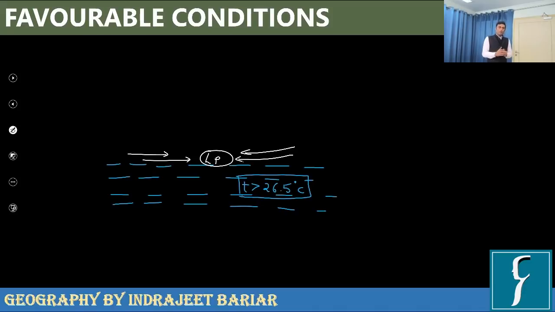Now, in this case of deflection due to Coriolis force, what is the result? The result is that air starts rotating around the low pressure in an anti-clockwise direction, if I'm taking the northern hemisphere. If it is the southern hemisphere, the air would be rotating clockwise. So now the air starts rotating around the low pressure. This is what has been seen in the temperate cyclone case also. But one additional thing would happen over here. This is a tropical cyclone